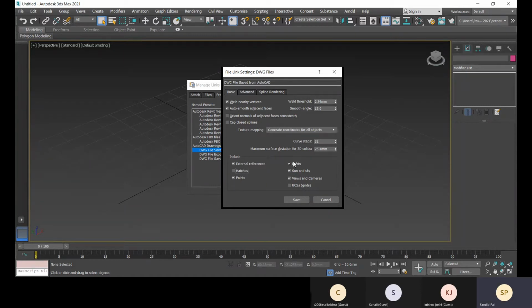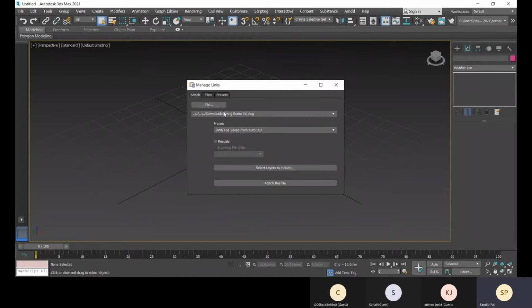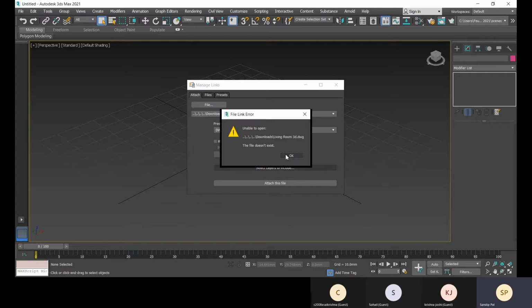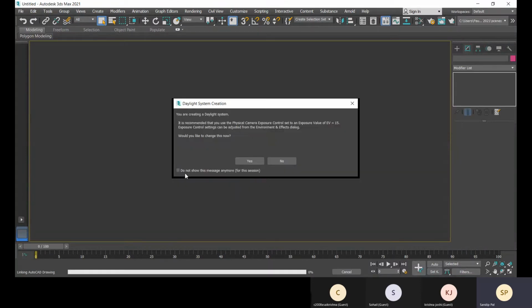There is nothing like hatch, lights, or sun and sky here, but that doesn't make any difference. According to that, I have done this, and I'm going to attach. If there are any layers, you can deselect those layers. Nothing is there, so directly attach this file now.